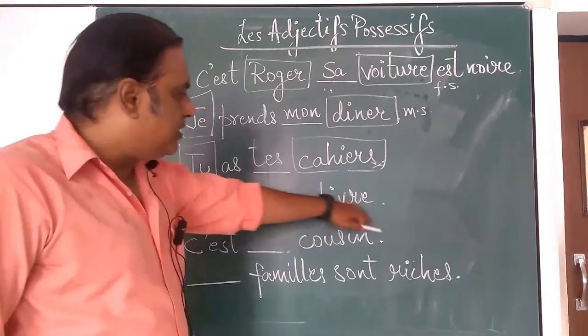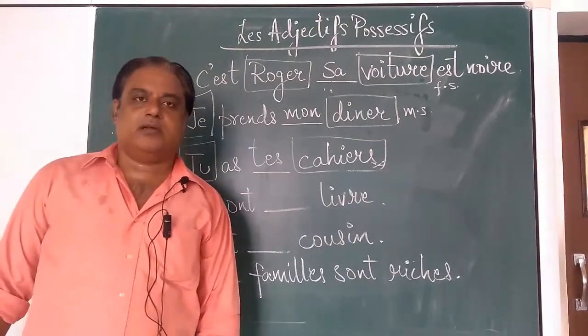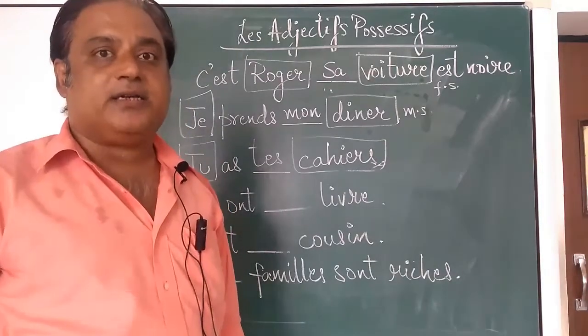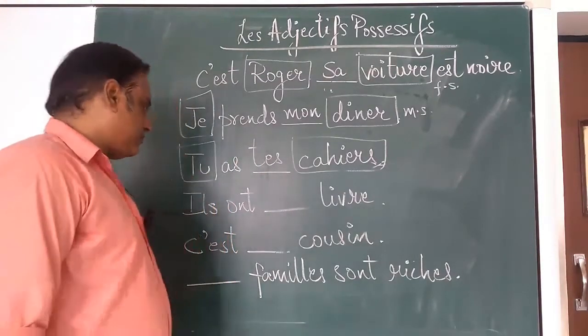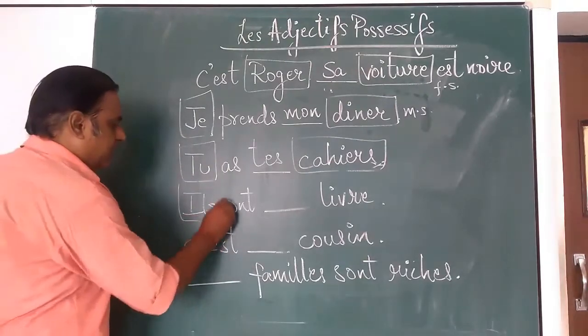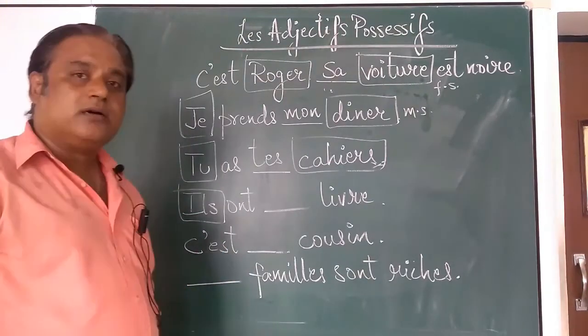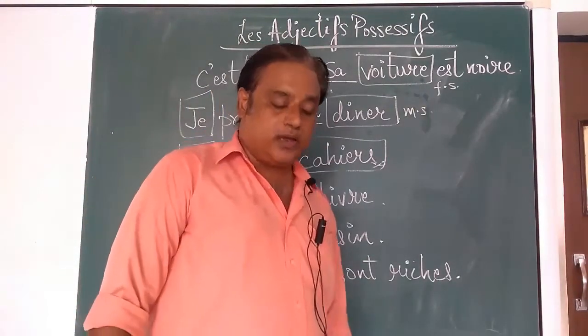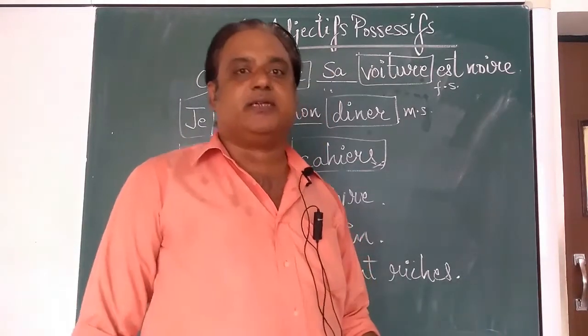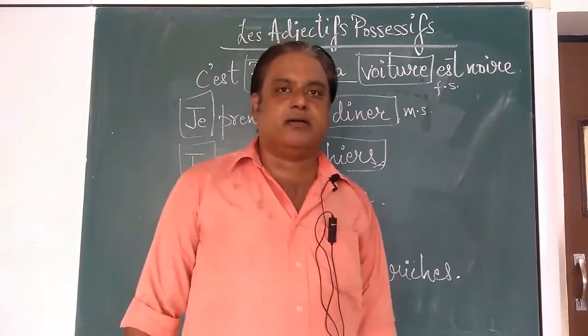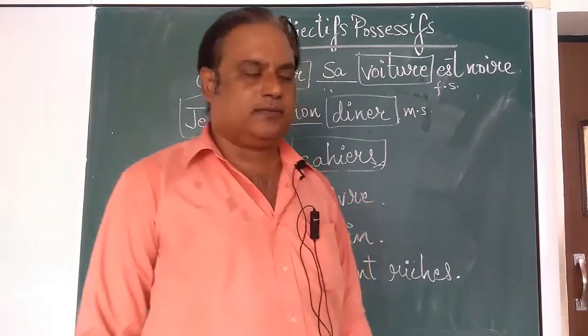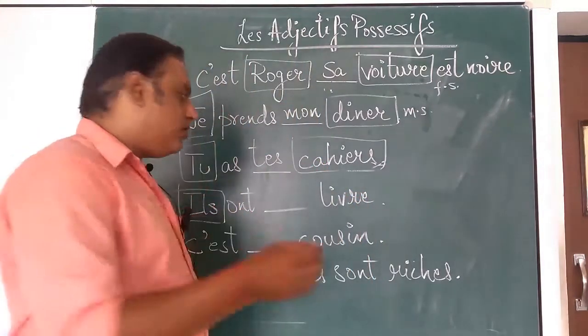Come on to the next sentence. Ils ont dash livre. They have dash book. Subject, ils. This is third person plural. And what are the possessive adjectives associated with it? Leur, and leurs with an S. Come on to the object,